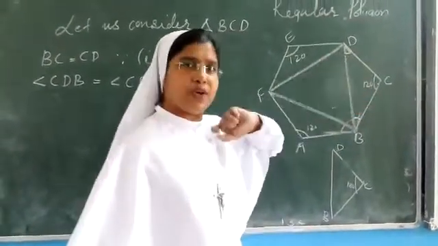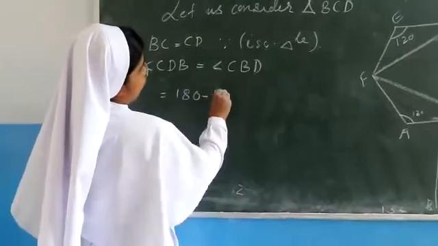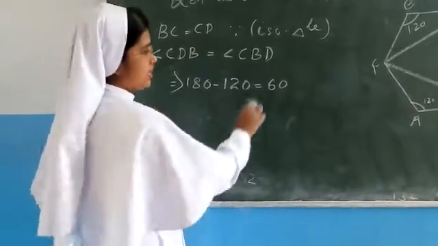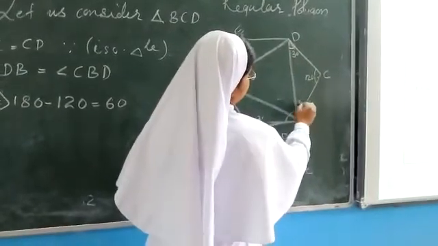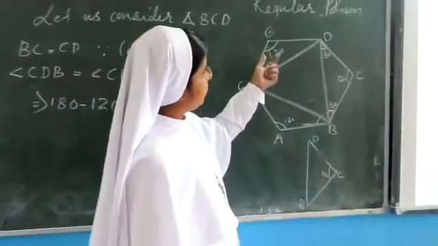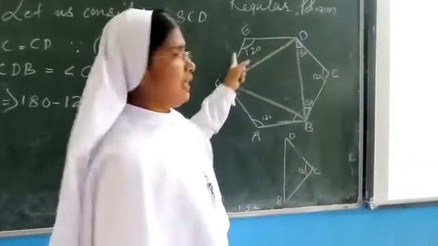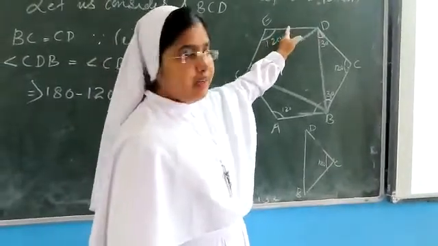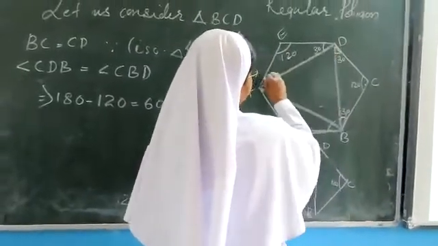This angle and this angle is equal. Okay, that is how much? That is equal to 180 minus 120. That is equal to 60. Okay, 60 means each will be equal. So we will have 30 here and here also is 30. Is it clear? Okay. Now look here. This is the same here also when we consider this triangle BEF. Same way, right? Here we have 120 and it is an isosceles triangle. Opposite angles will be 30 degrees. So here also we have 30.